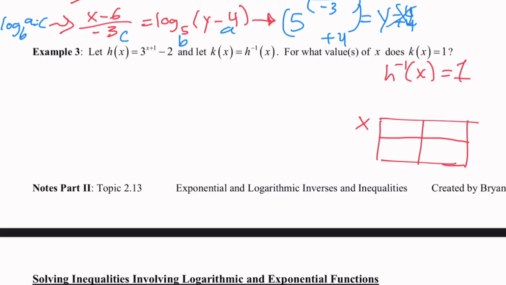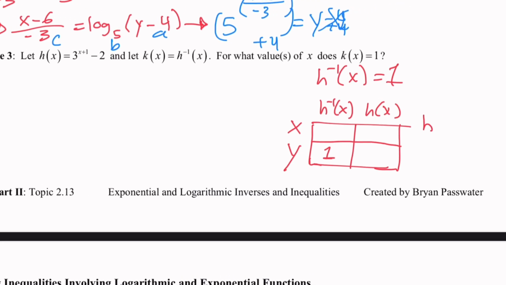this is the x value, and this is the y value, right? I'll have the negative side, and then this is the normal side. We know that this is basically y, by the way. So if this equals 1, we can put 1 here. But the inverse is always switched around, right? So that means y, or 1, is up there. So that means that h of 1